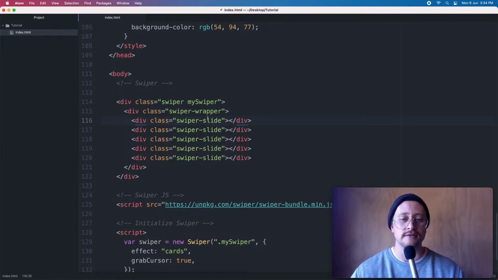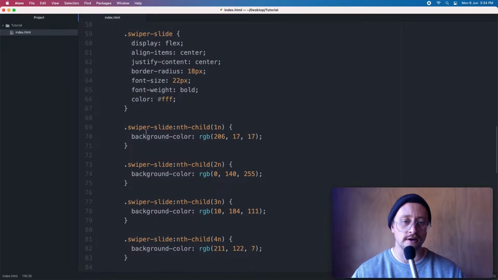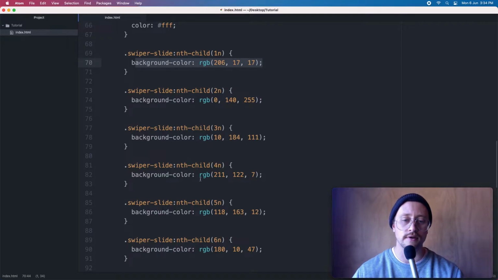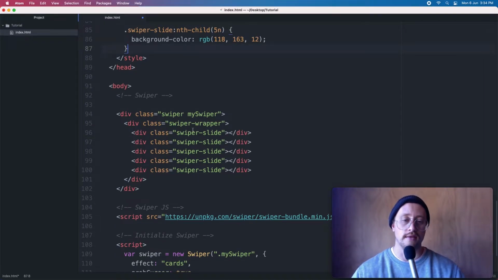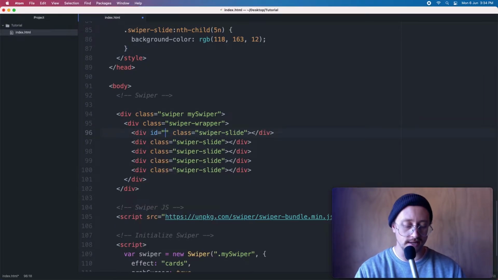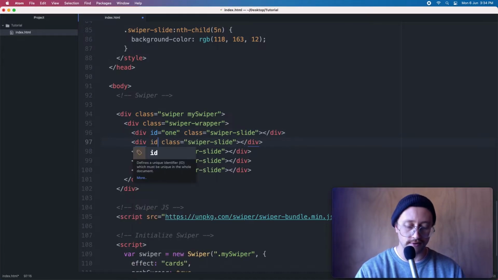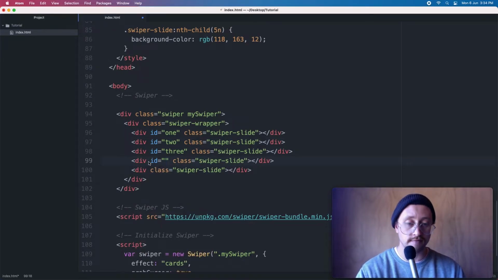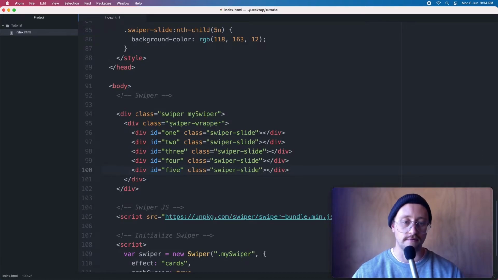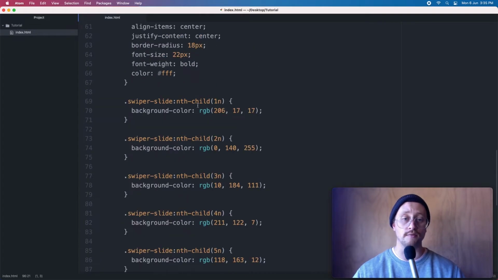That would be silly. So if we roll back up and find the styles where it's giving the background colors to the slides, what we can do is count 1, 2, 3, 4, 5, and then get rid of the other ones. So we'll get rid of all of that. Then the next step is to give these IDs. So we'll give these IDs based on what number the slide is. So ID of 1, we'll go ID of 2, and this way we're going to target each individual slide with a separate card. So 1, 2, 3, 4, 5,